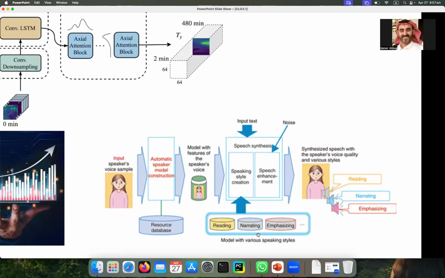How to read the text, narrate the text, or emphasize the text. You have these different styles here. So here you are giving input to your model, and then the speech synthesizer is creating different styles of your input data, removing noise and finally giving you that text in reading, narrating, and emphasizing.